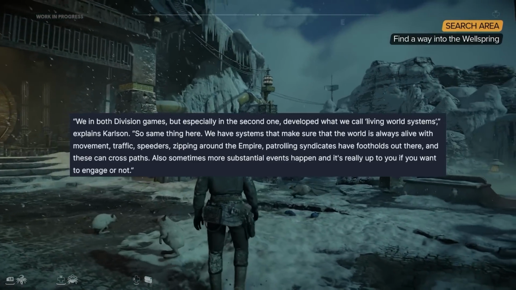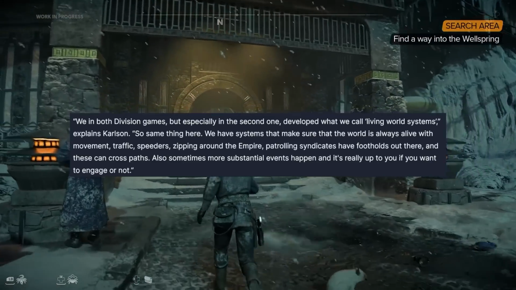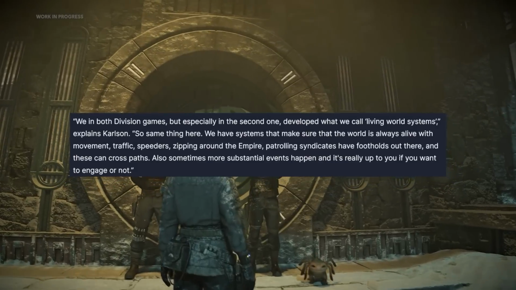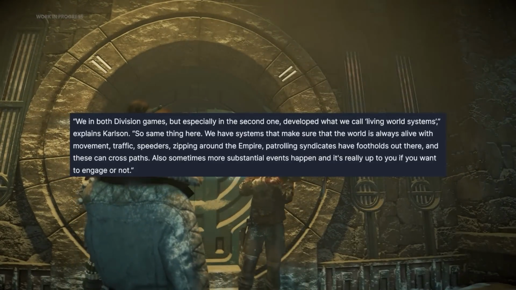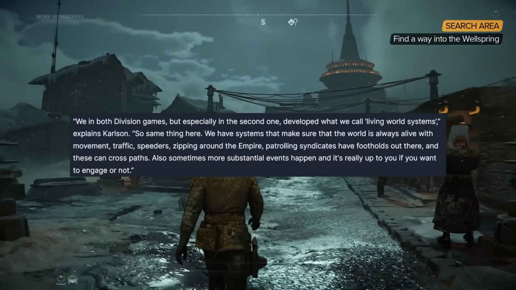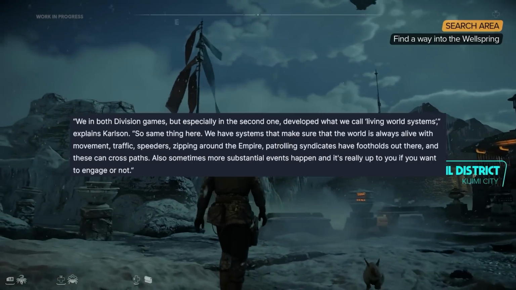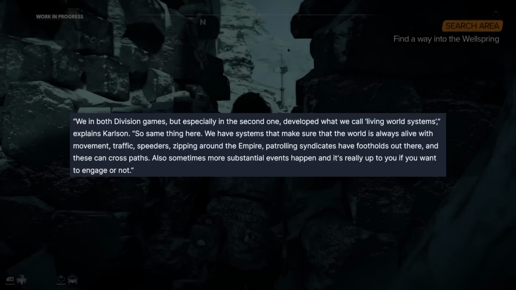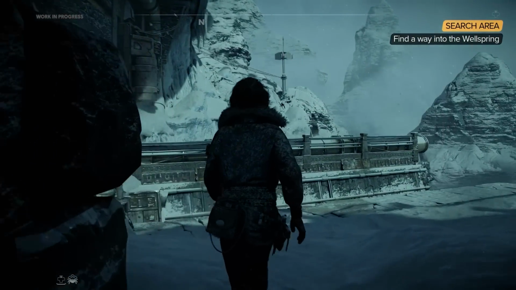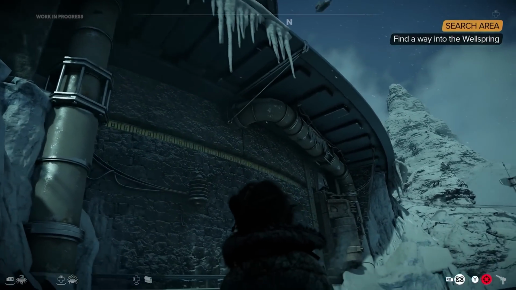And this comes from Carlson. He goes on to say, so same thing here. We have systems that make sure that the world is always alive with movement, traffic, speeders zipping around. The Empire patrolling, syndicates have footholds out there, and these can cross paths. Also, sometimes more substantial events happen, and it's really up to you if you want to engage or not. End quote. So that's awesome that this world, even though it's quite large and quite vast, it's still going to feel